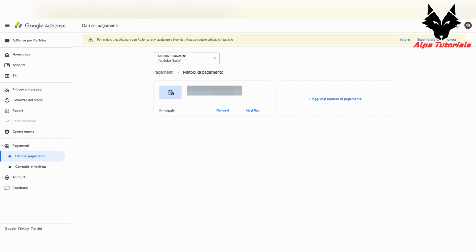In the screen that opens, you can remove the current payment method by clicking here, or add a new one